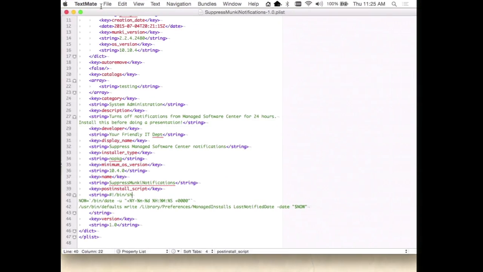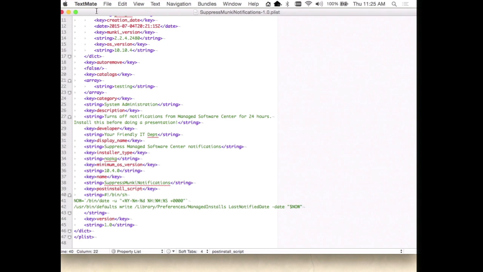All right. So I've already imported this. We're going to make something that the user can run to suppress Munki's notifications. There's people saying, hey, I have these users and they were presenting at this big conference and Managed Software Center popped up right in the middle of their presentation to show all the updates. Well, my reaction is, tell these users to install all the damn updates before their presentation and then the problem won't happen. But, you know, it's a fair challenge,